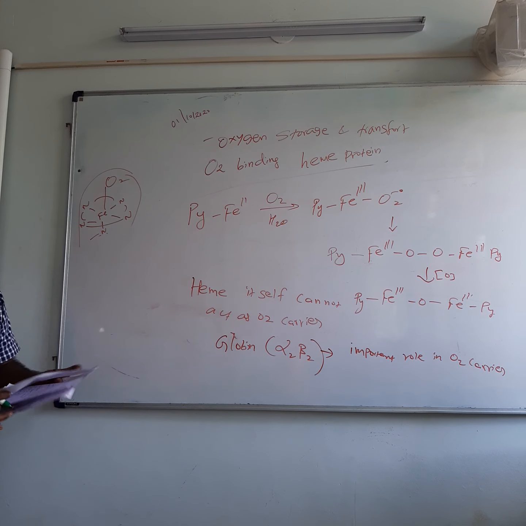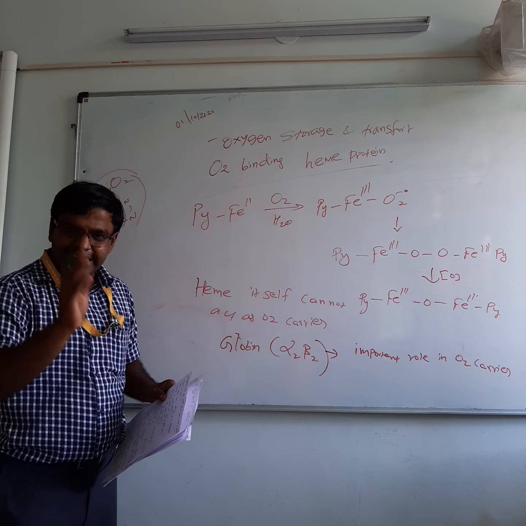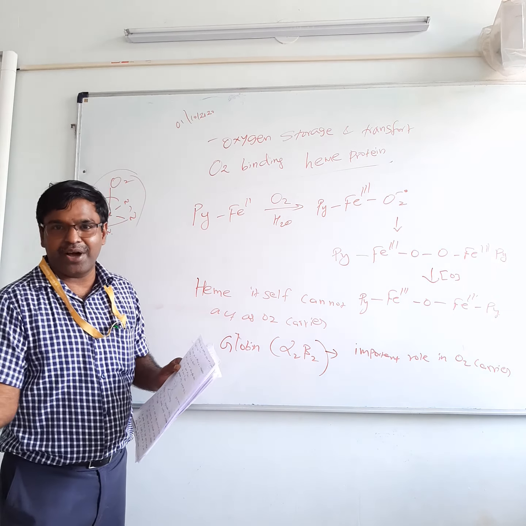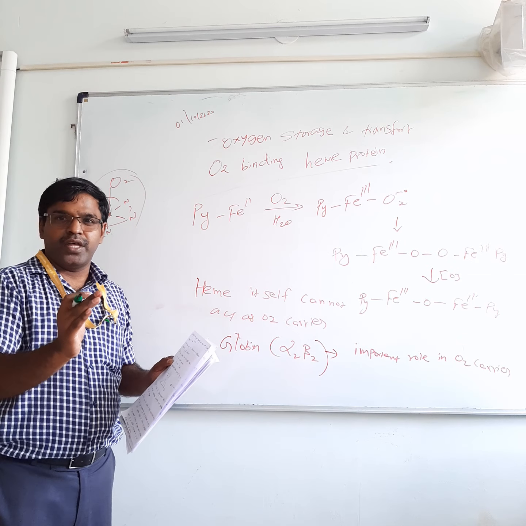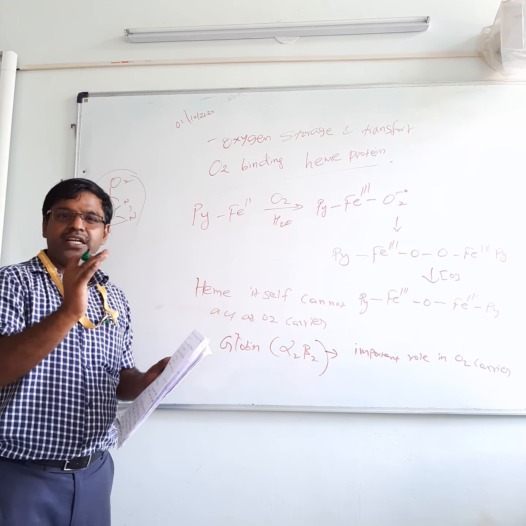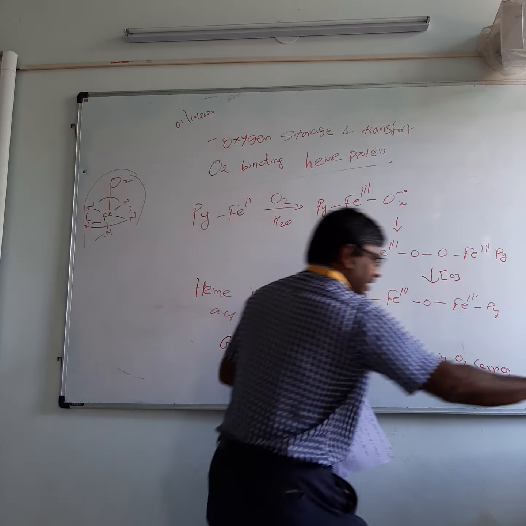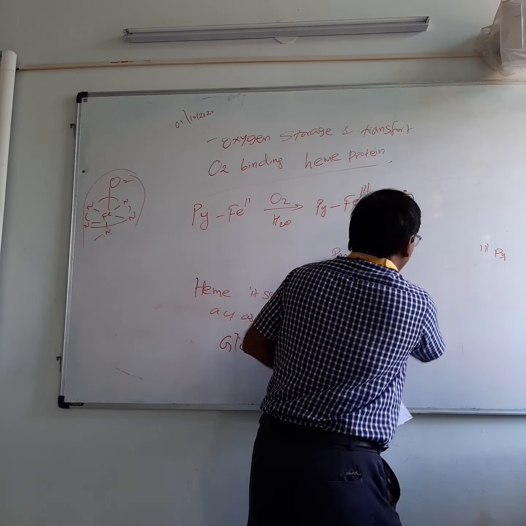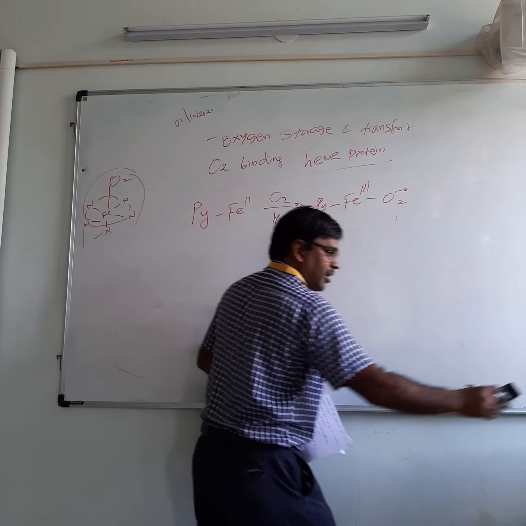what is the myoglobin structure? So hemoglobin, you know that 4 protein chains are there, 4 heme packets are there. That means hemoglobin contains 4 iron centers, all iron in plus 2 oxidation state. That is the hemoglobin nature. But myoglobin is basically a monomeric unit. Now, unlike hemoglobin, which is a tetrameric unit.